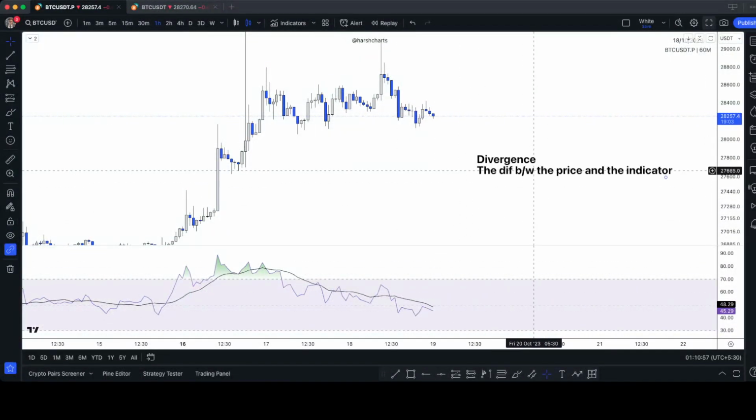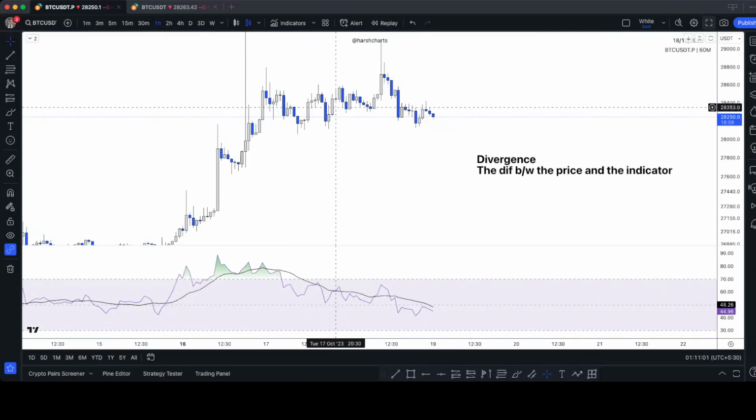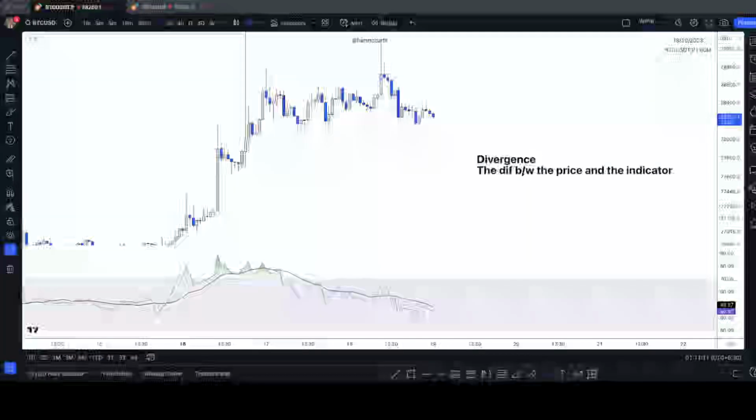So again, let's say this is the price and this is the indicator. And if the indicator is telling you something else and the price is telling you something different, then that's called an